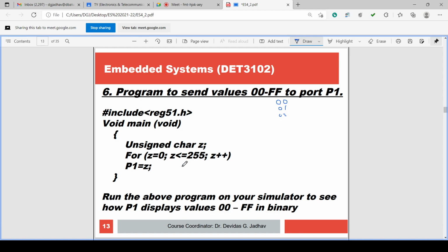So this is the logic, or this is the program. If you execute the program, this will happen sequentially. First it will send 00, then 01, then 02, 03, 04, 05, 06, 07, 08, and so on.